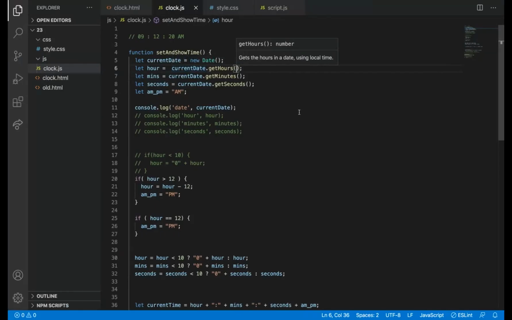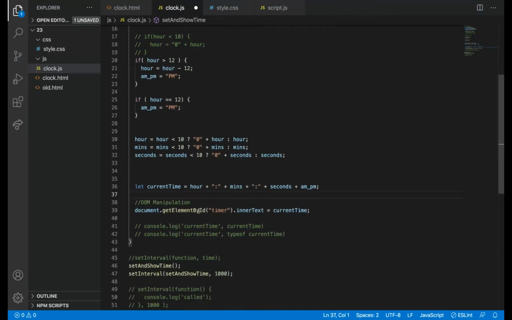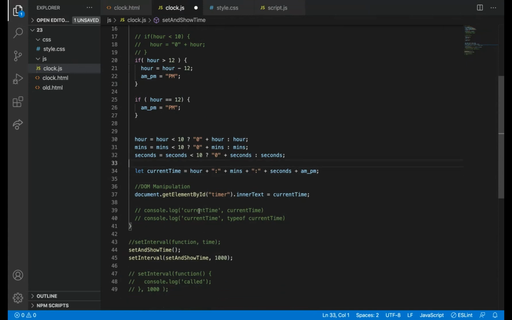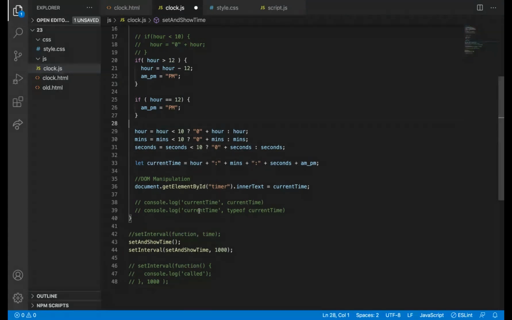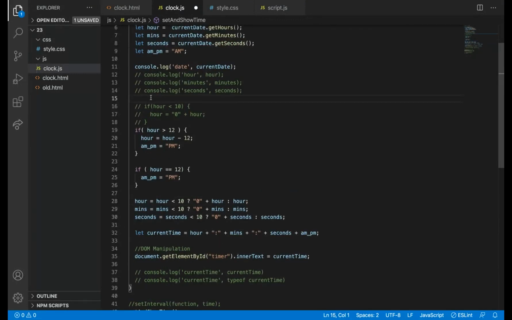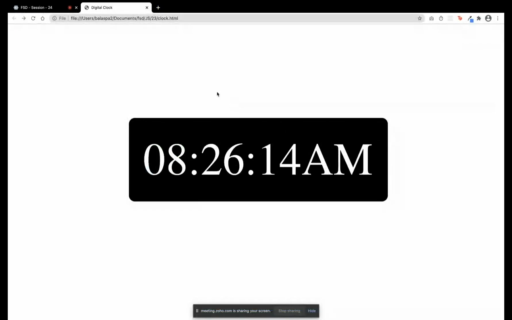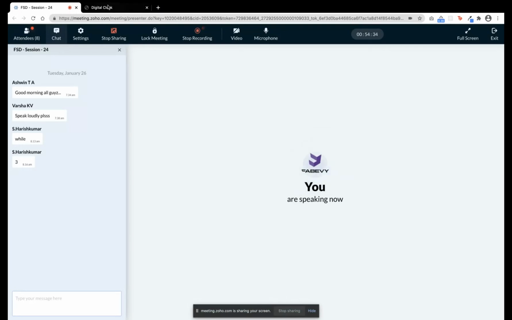Any doubts till now? You should have doubts because most of the things are new to you, but not that difficult. We are just doing some if else you already know. Ternary operator, I have already taught you. The only new things are this document.getElementById, which I have also explained, and the date object. So we are not doing anything big. We are just getting some values from an already defined function and then storing them in our own variable. Okay. If you have any doubts, please let me know.